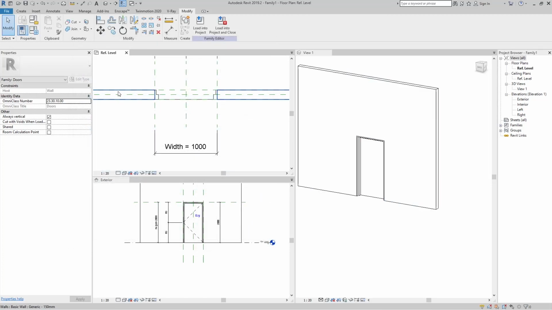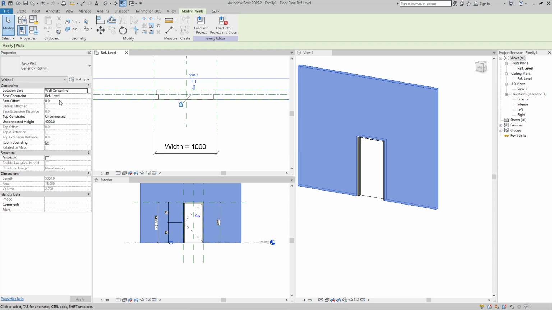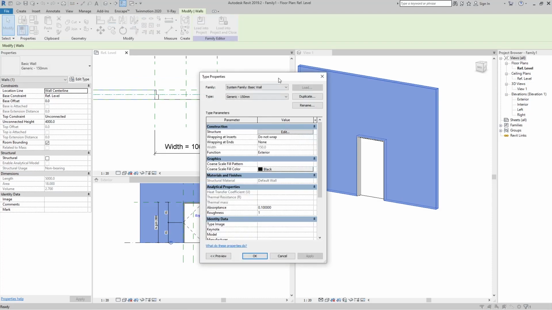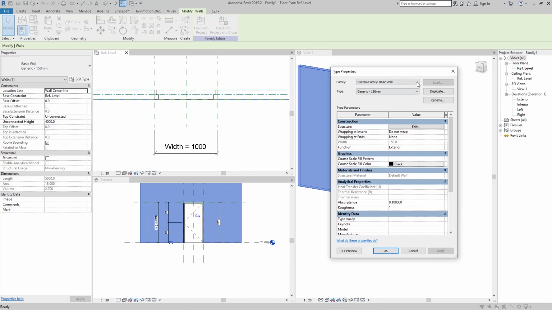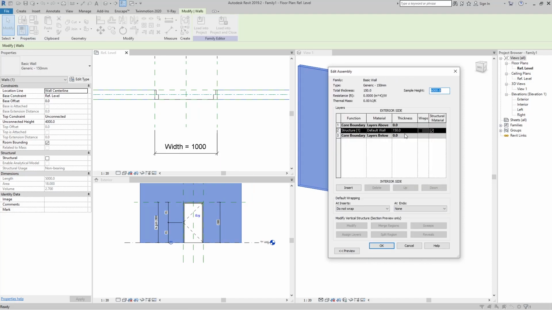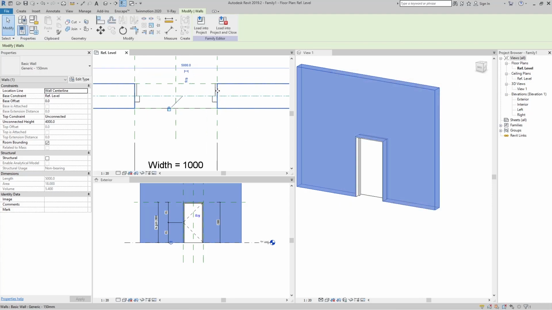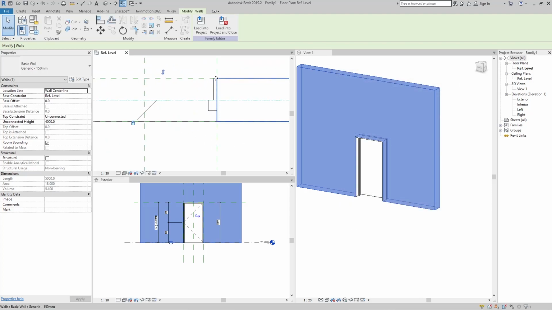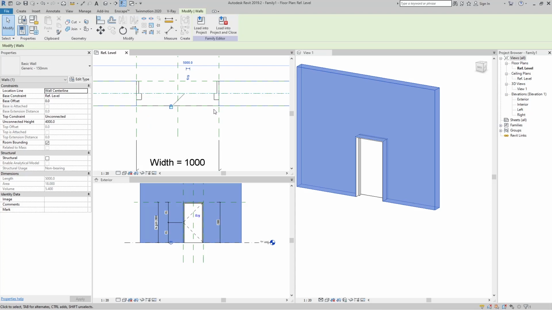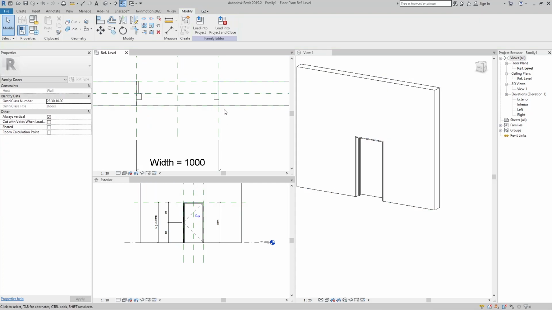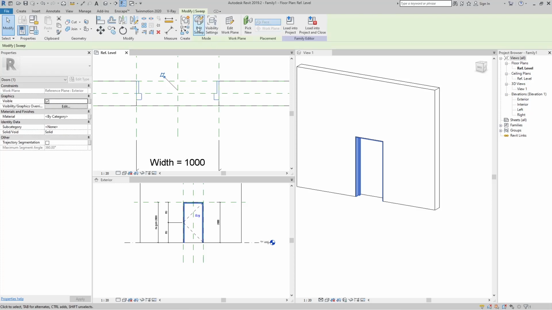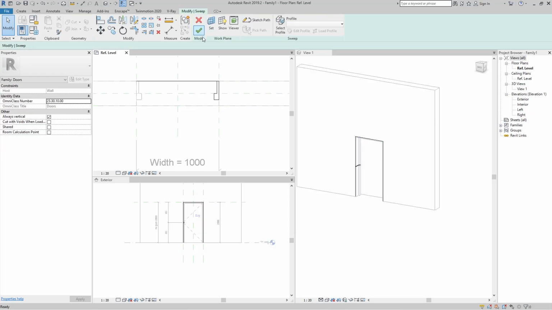If I go here and click to this wall and maybe set that wall to be a little bit thicker, go to Edit and say maybe 300 millimeters. Now you can see our frame follows on this side but doesn't on that side. We must fix that. Just click here, go to Edit Sweep